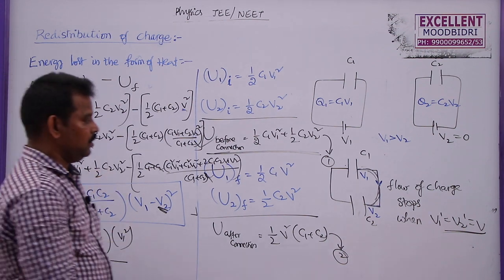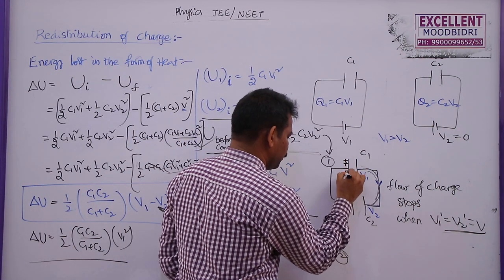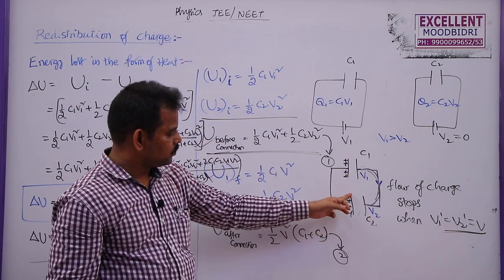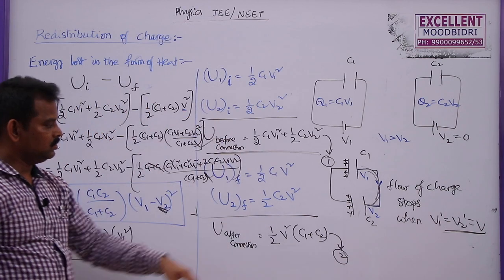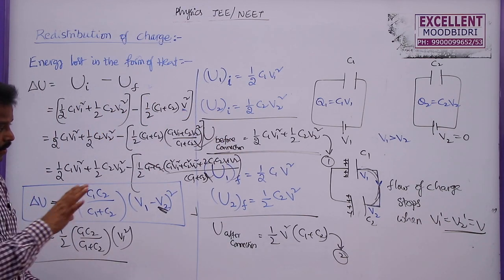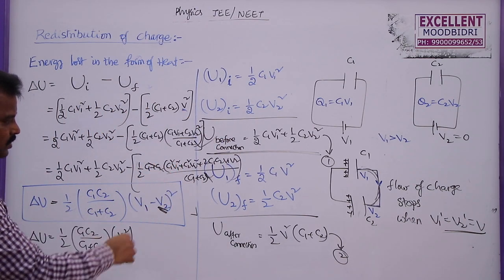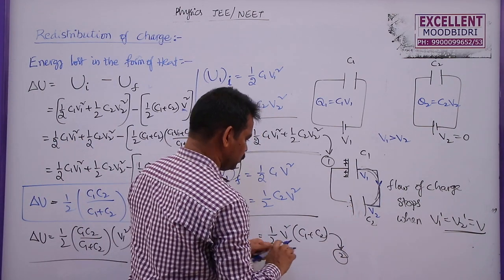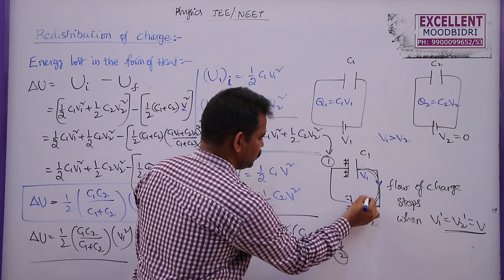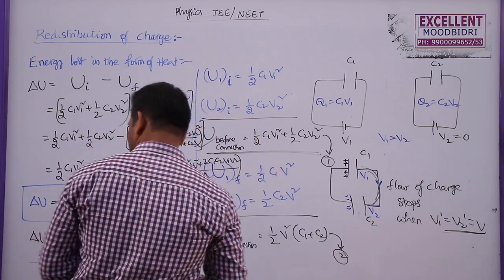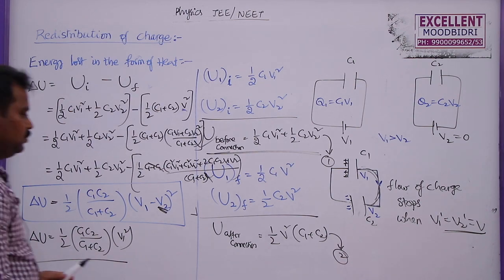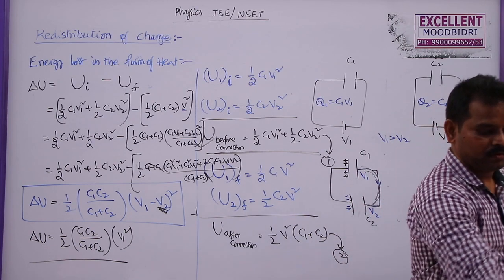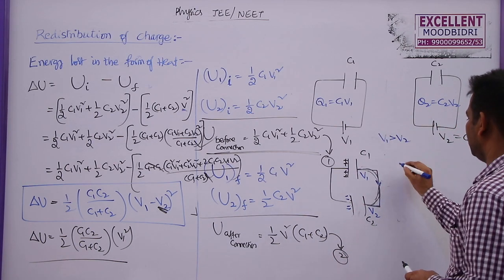Now in this we can connect the positive plates together: the positive plate of the first capacitor and the positive plate of the second capacitor connected together. So this is the expression. Now if the polarity of the second capacitor is reversed, that means instead of positive, let us say this is a negative plate here and this is a positive plate, then what happens here? Then the formulas will change slightly, with reverse polarity.